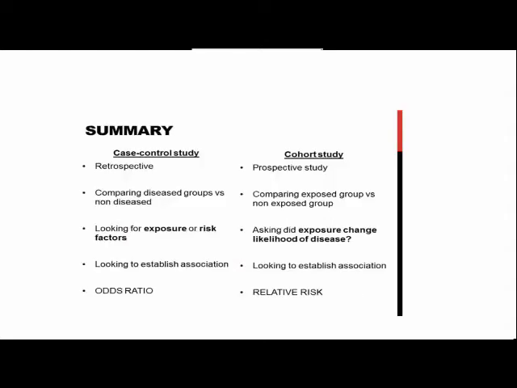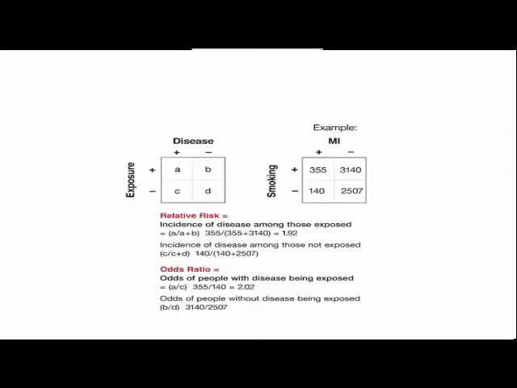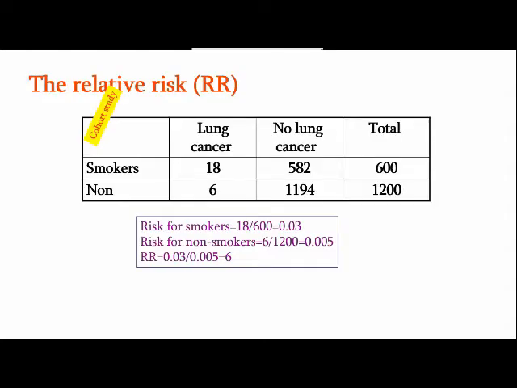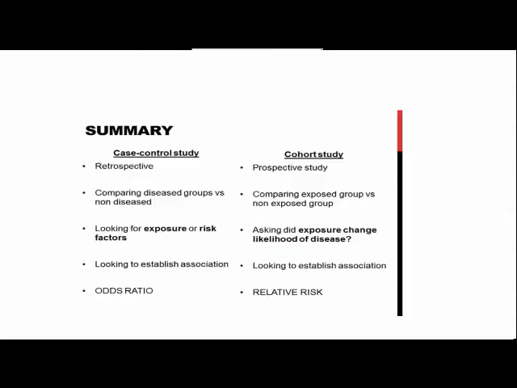Okay. So basically, relative risk is used when you start with the exposure. Yes, sir. So all the smokers, all the non-smokers, like that. You start there, you use relative risk. Whereas if you start with the disease and then you go back and look for the exposure, then you use the odds ratio. Okay. Odds ratio. Yes. Go back. Next slide. Sorry. Go forward.